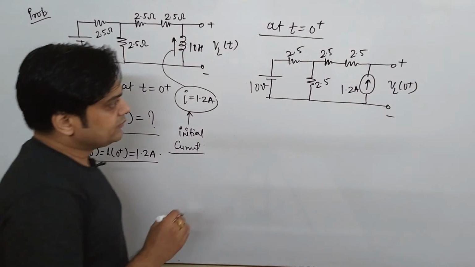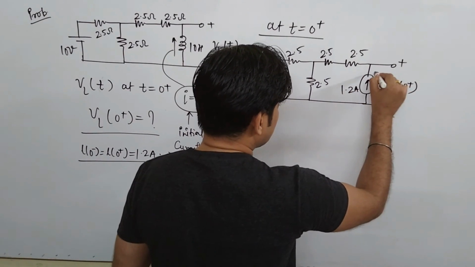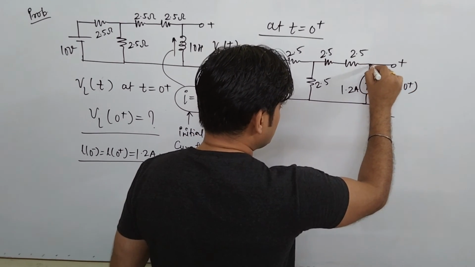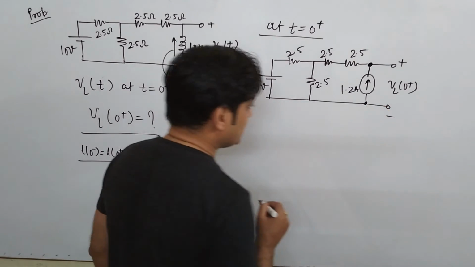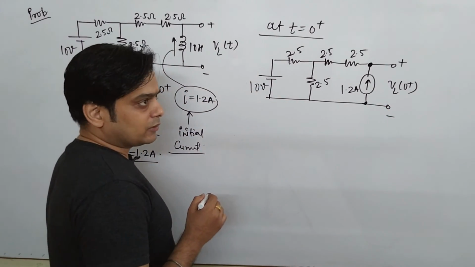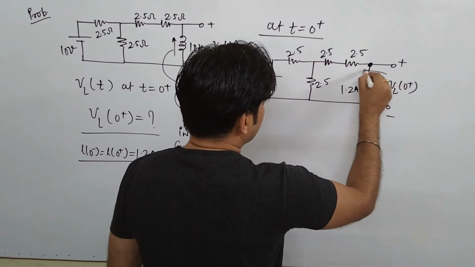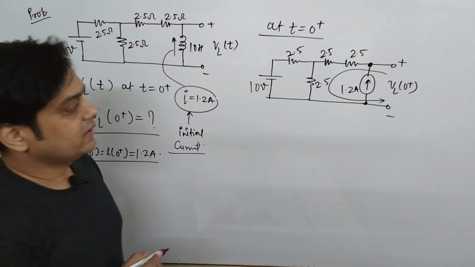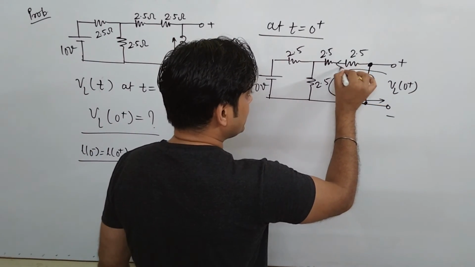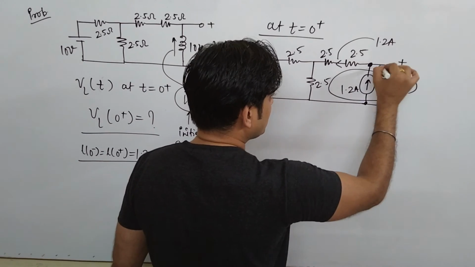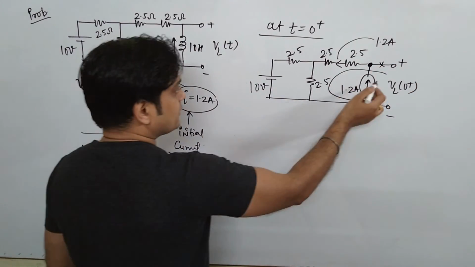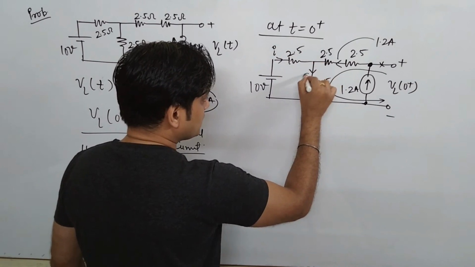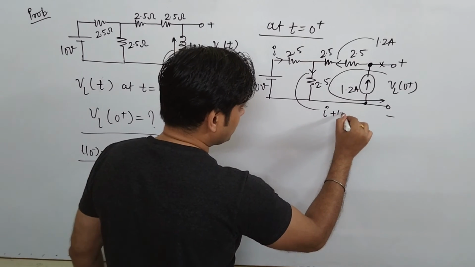Now if you see, for finding out VL(0+), basically you have to find the voltage. It is not possible to apply a loop here because of the presence of this current source, and there exists a concept of super mesh. So I will apply this loop here and one can get the answer. Now if you see, this 1.2 ampere current will enter here. No current will enter here because of open circuit. So this 1.2 ampere will enter here. If I consider some current I flowing here, what is the current here? It is I plus 1.2.